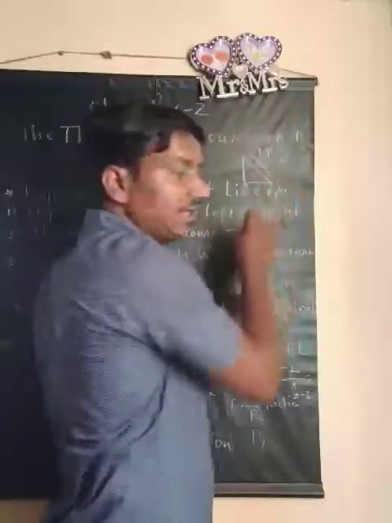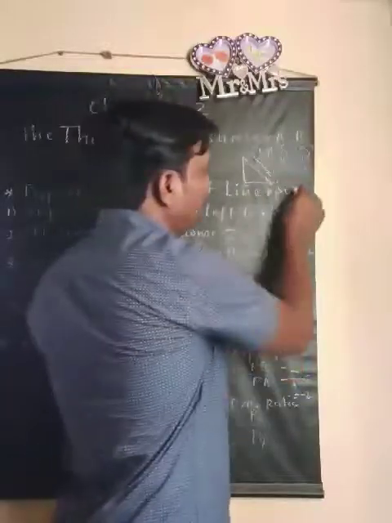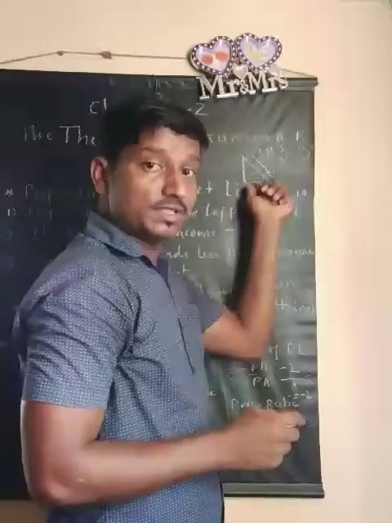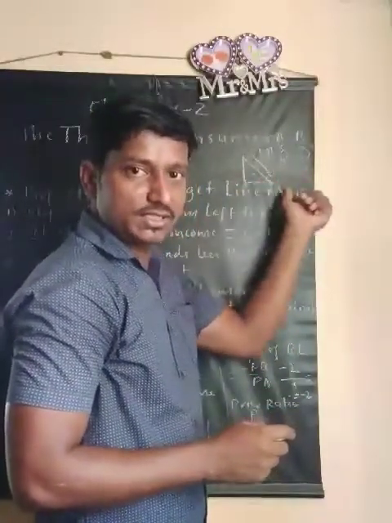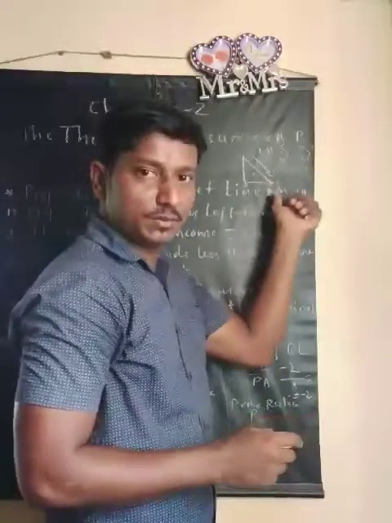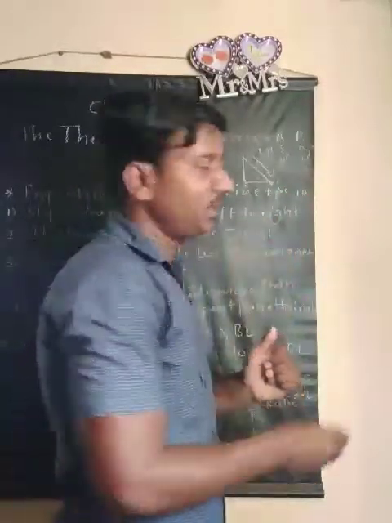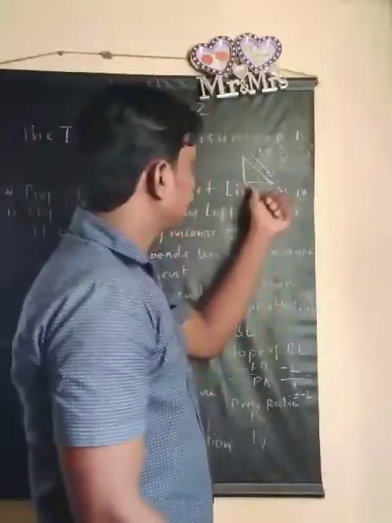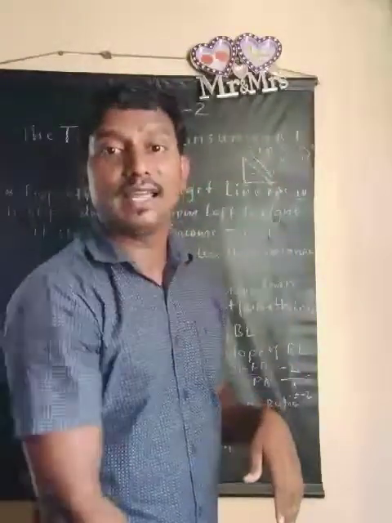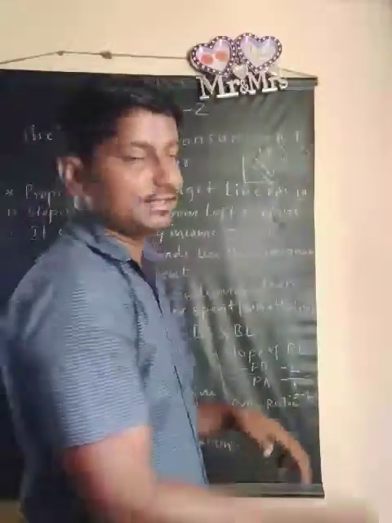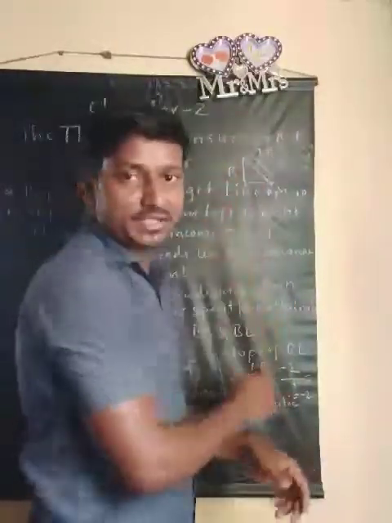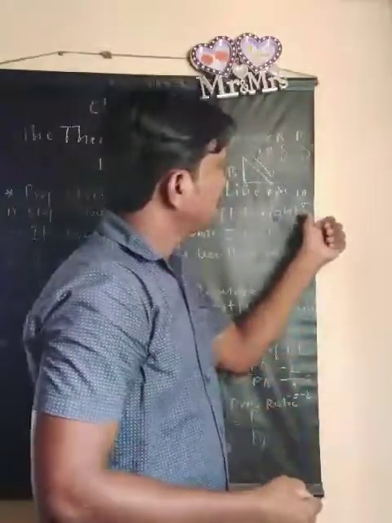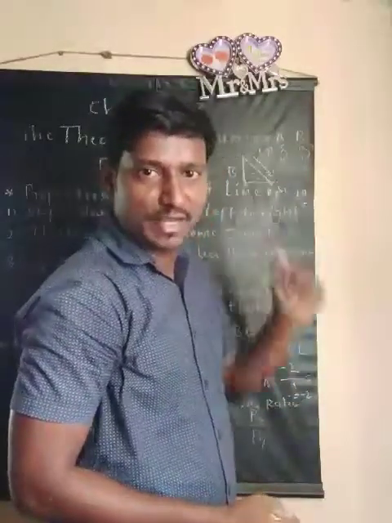Apple. For example, what was the price of apple that we have taken? That is rupees 10 in the last example. The good which is on the OX axis is apple. What is the price of apple? The price of apple is 10. That is divided by the price of the good which is on the OY axis. What is the good on the OY axis? That is banana. So what was the price of banana? Banana price was 5, isn't it? So the price of banana is 5, the price of apple is 10.